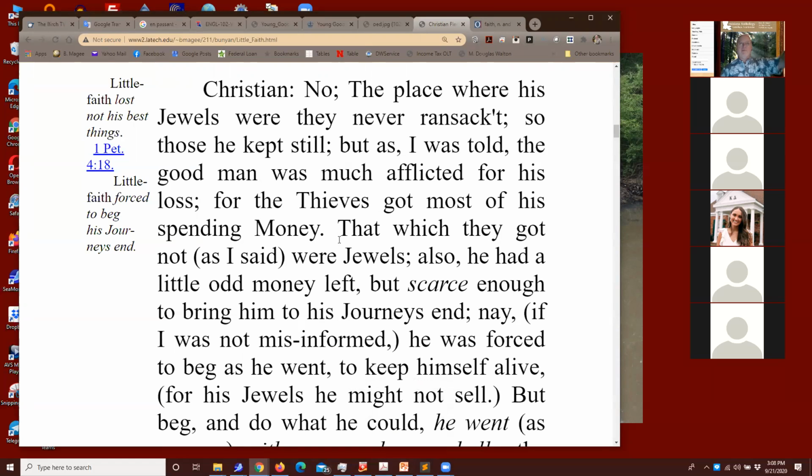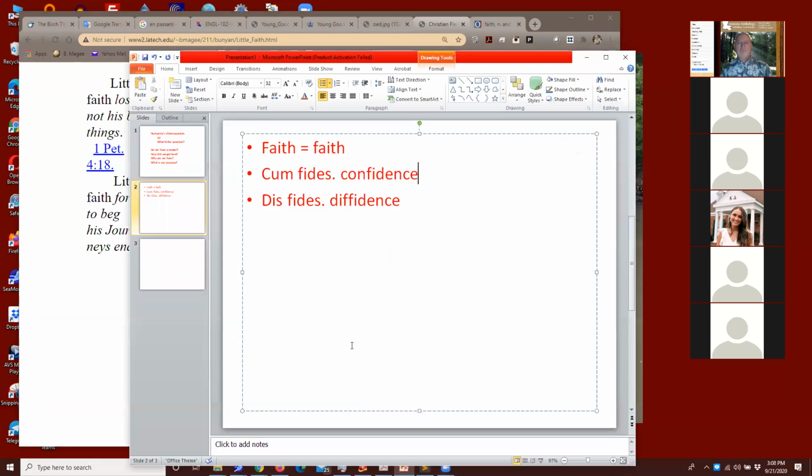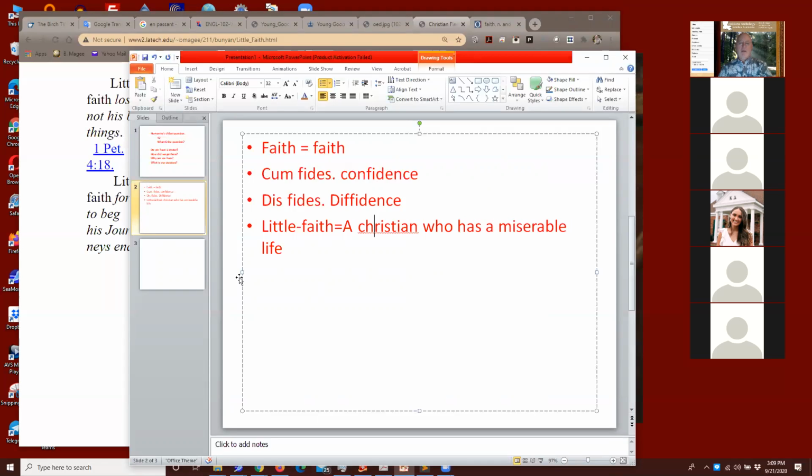So when he got to heaven, he had the jewels and the ticket to get in, but he just lived a miserable life. So in Bunyan,